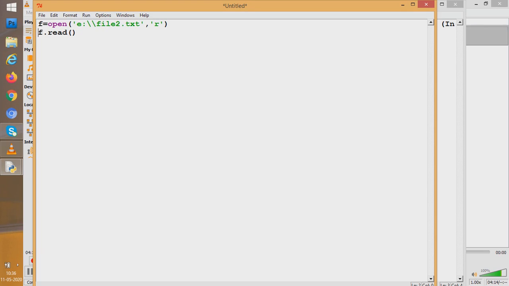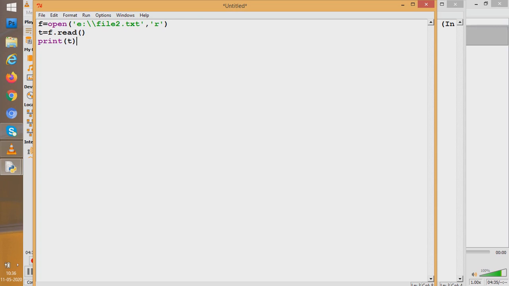Now when you read something from the file, you'll have to keep whatever you read. So I make a variable here and keep whatever comes from the file into the variable t. And let us now print it. So if I print this t, whatever was in the file would be shown on the Python shell.